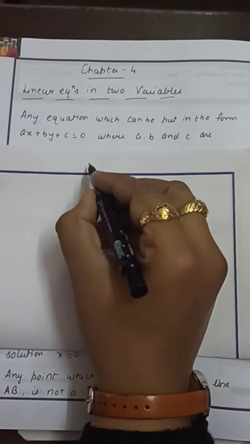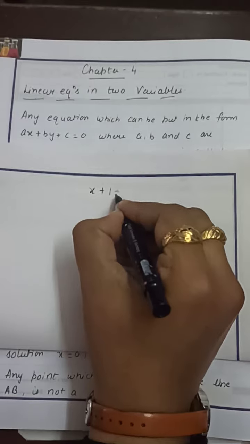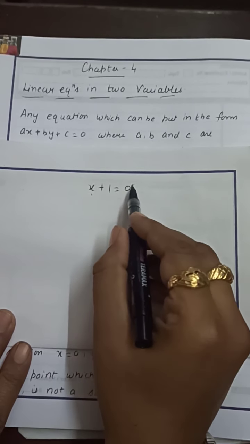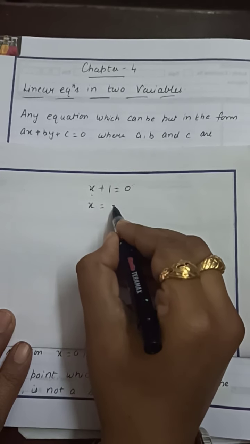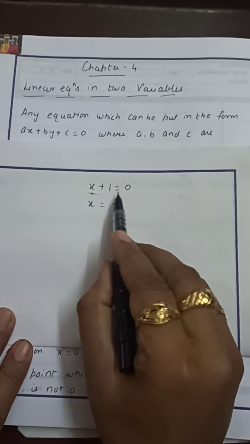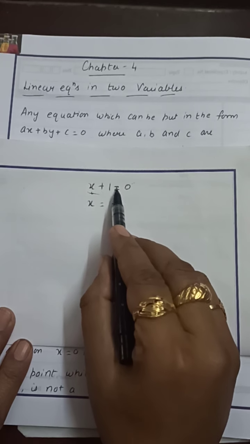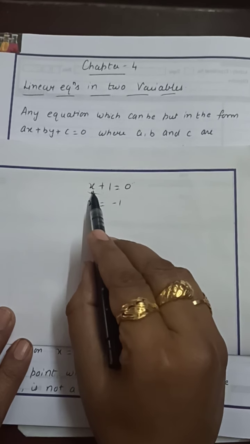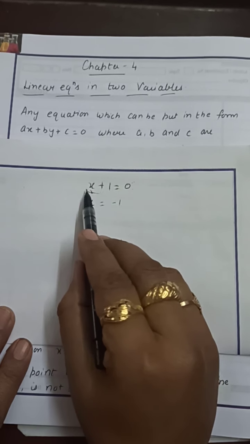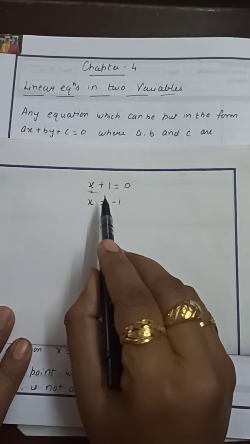For example, x plus 1 equal to 0. That type of equation we have done in 7th or 8th class. In that case we have to find the value of x. We will take the 1 on the other side, x is equal to minus 1. Variable means unknown quantity. x is a variable. You can check here, this is an equation, because the sign of equality is there and there are two sides, one is the right side and one is the left side, and this is called the variable. Now this is a linear equation in one variable.